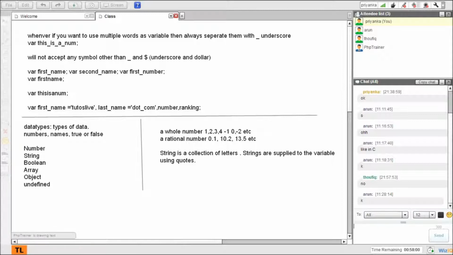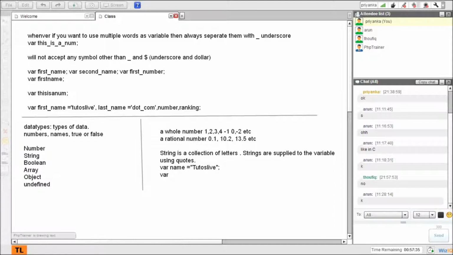Whatever we supply inside the quotes to the variable, it's a string. Say, for instance, var name equal to, I'll say tutoslide. So now this is a string over here, a collection of letters.